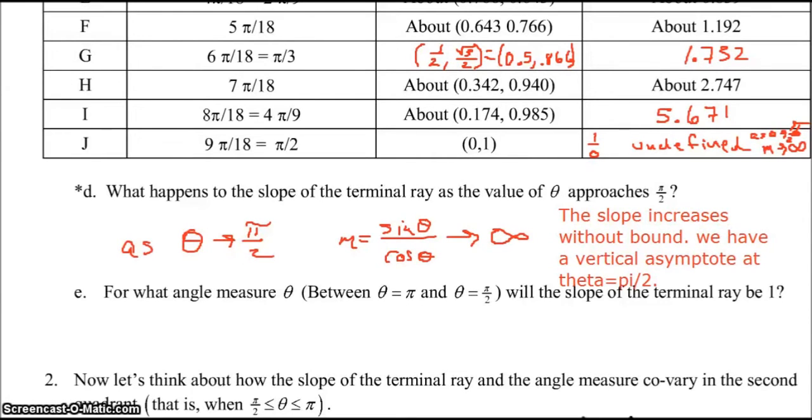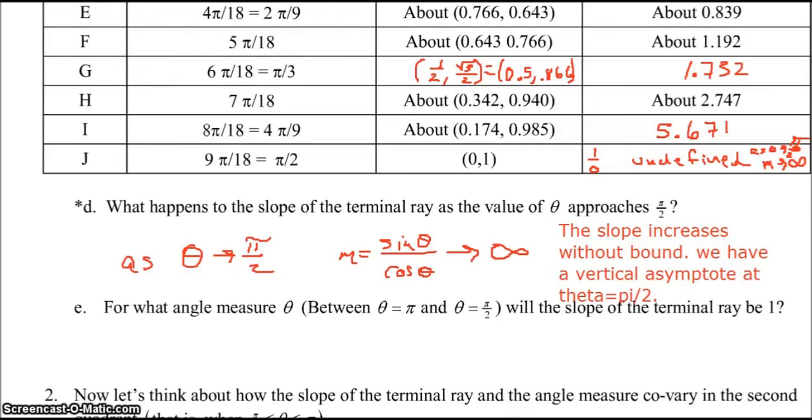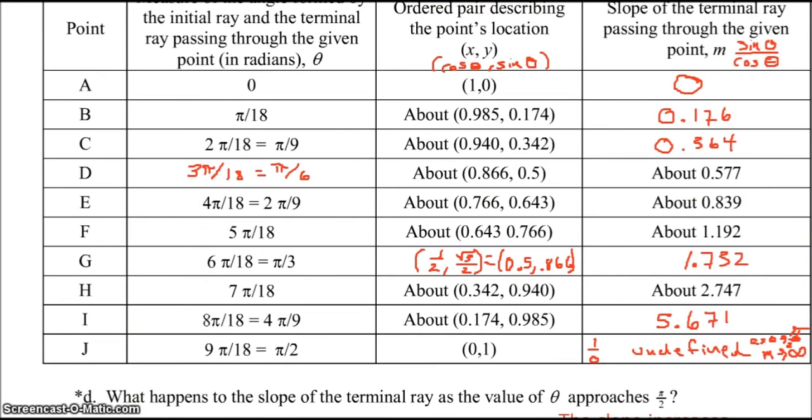For what angle measure theta between theta and theta equal 2 will the slope of the terminal ray be 1? I think there is a typo in this question. This should be theta equals 0. So that's what we've been looking at, between 0 and pi over 2. When will the slope be 1? We can look at our little table here and see that the slope will be 1 in between these 2 points, in between the angles 2 pi over 9 and 5 pi over 18,